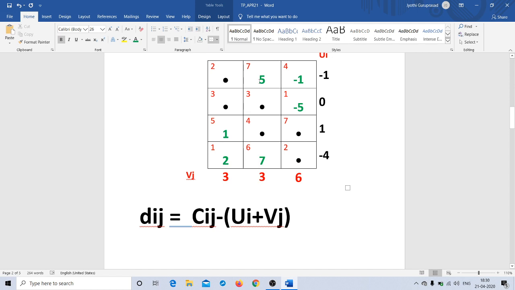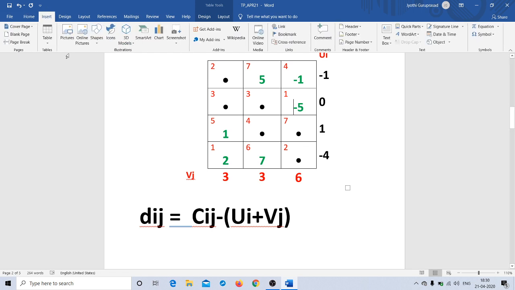So all the integer numbers which you see in front of your screen in the green color are called Dij. Now we know very well that in the cell evaluation matrix, if one of the cells is negative, the solution under test is not optimal. And hence we proceed for optimality. Now how do we proceed for optimality? From the largest negative, we draw a loop wherein the corners of the loop are those cells where allocation is made. So my largest negative entry is this particular cell, that is second row, third column.